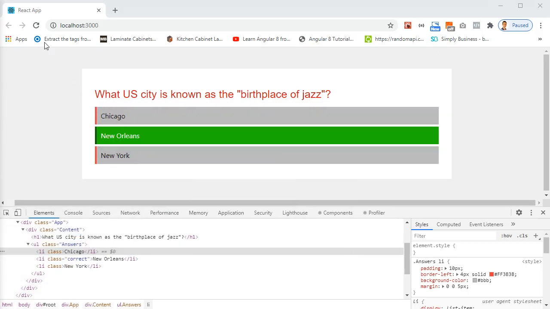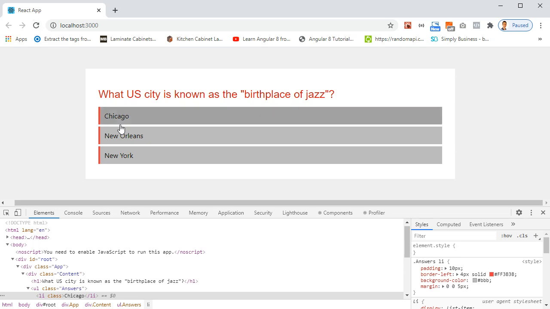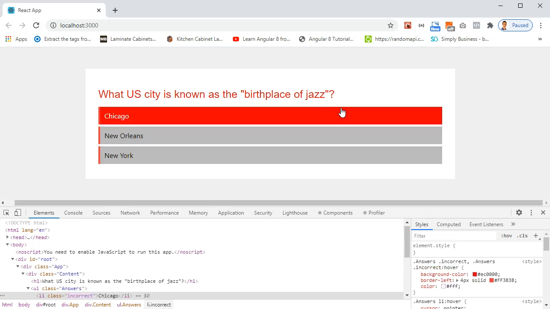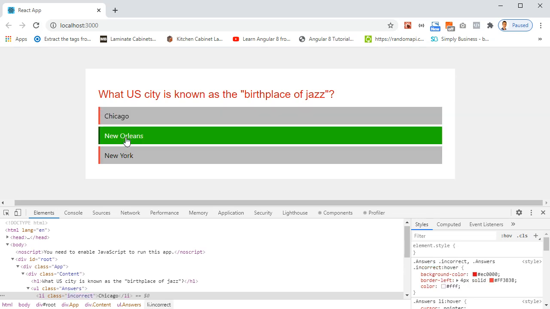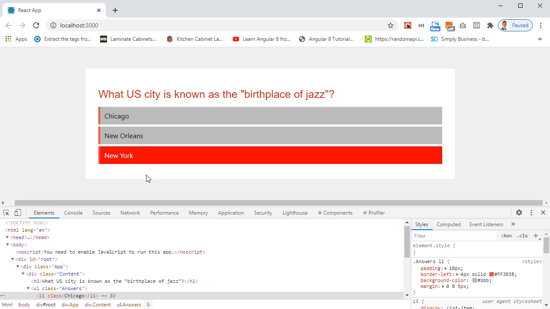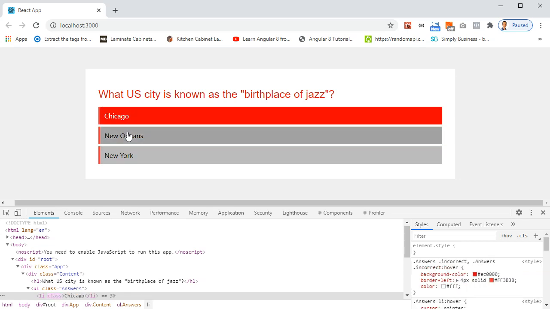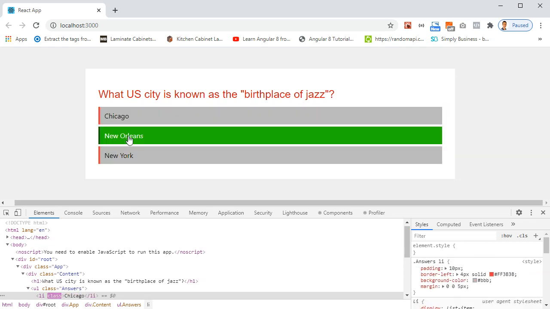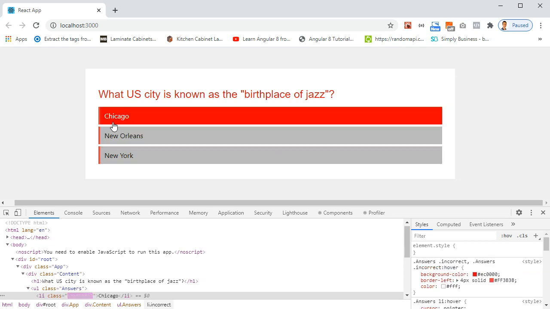Now you see, I didn't refresh it, but let me refresh it. So if I click on Chicago it becomes red because it's not correct. If I click on New Orleans, it becomes green. If I click on New York, it becomes red because it's not correct. But you see, I can play with them now here. The last step here, I want to disable, after I click on one of these answers, I want to disable these options